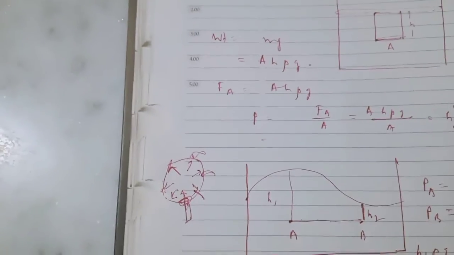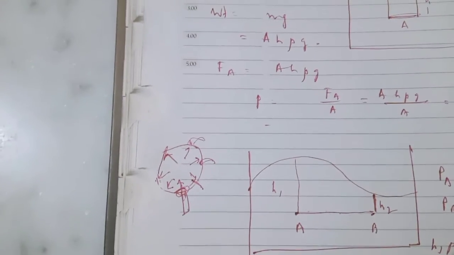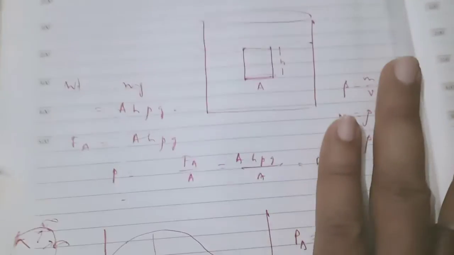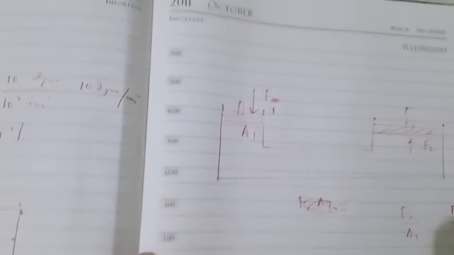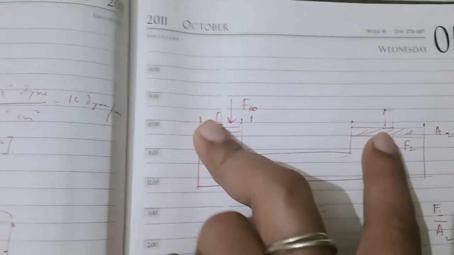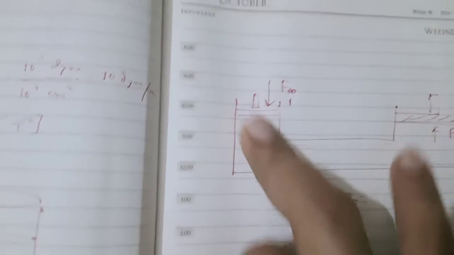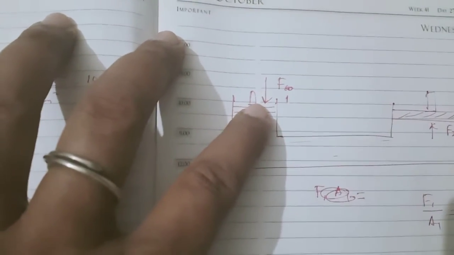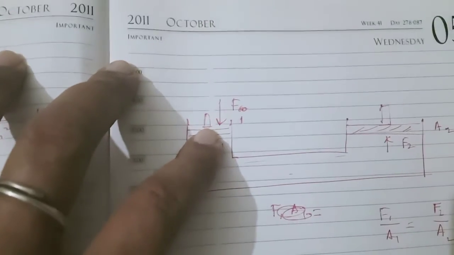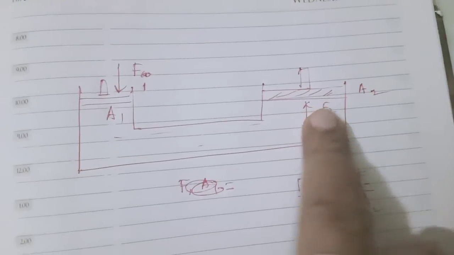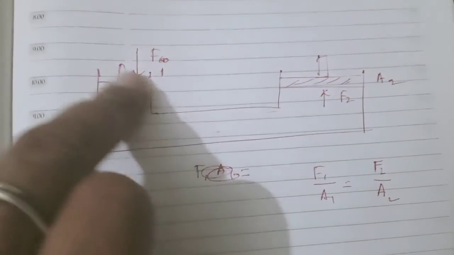Now, while studying Pascal's law, we have to know the principle of multiplication of thrust. What is the principle of multiplication of thrust? Let us consider two hollow cylinders. They are not in this picture, so the figure will not exactly match what I say. Let us consider that a force is created here and the cross-sectional area is A1. Now, from Pascal's law, this force is created at the smaller piston. This vessel contains a fluid, that means a liquid which can flow or a gas which can flow.